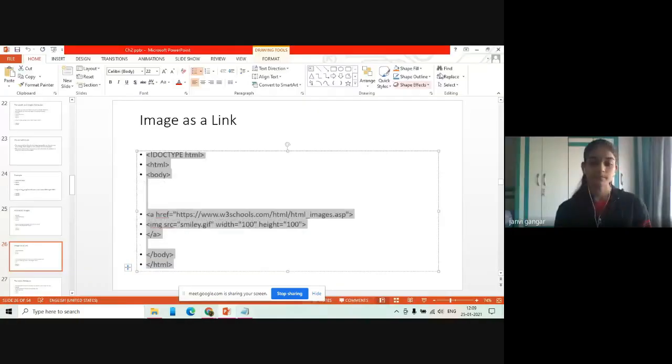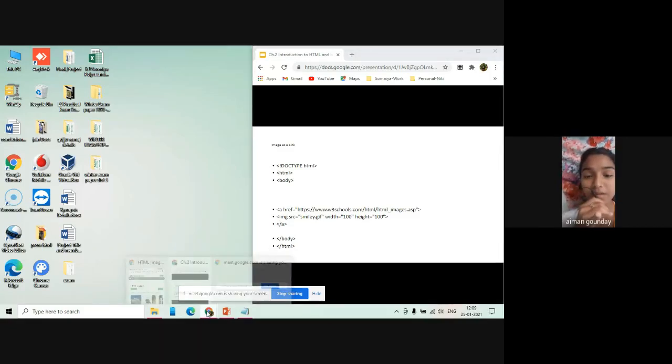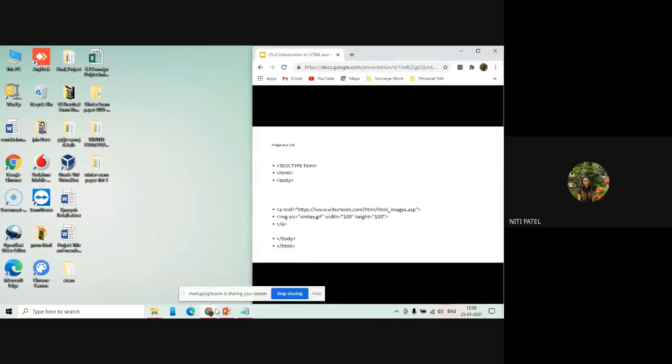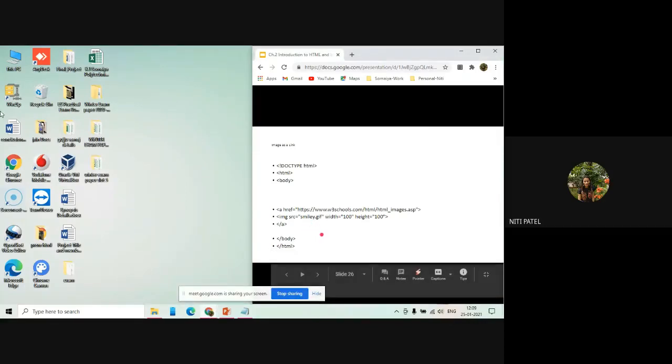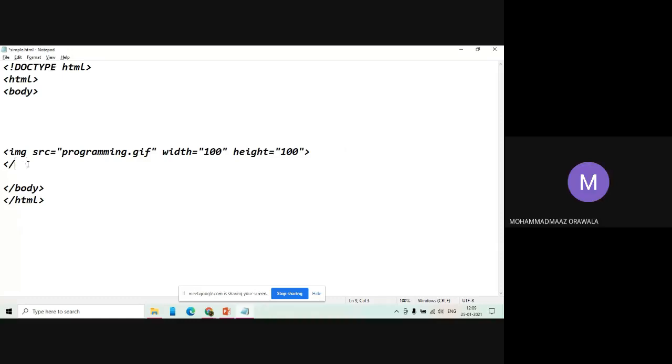Yes, ma'am. Okay. You told me when we are using animated images, we have to write the width and height using style. Yes. But see, what is happening, even if I use a GIF image with only the width and height, it is allowing me. Okay. So let us see, remove this. Can you see my screen? Yes, ma'am.